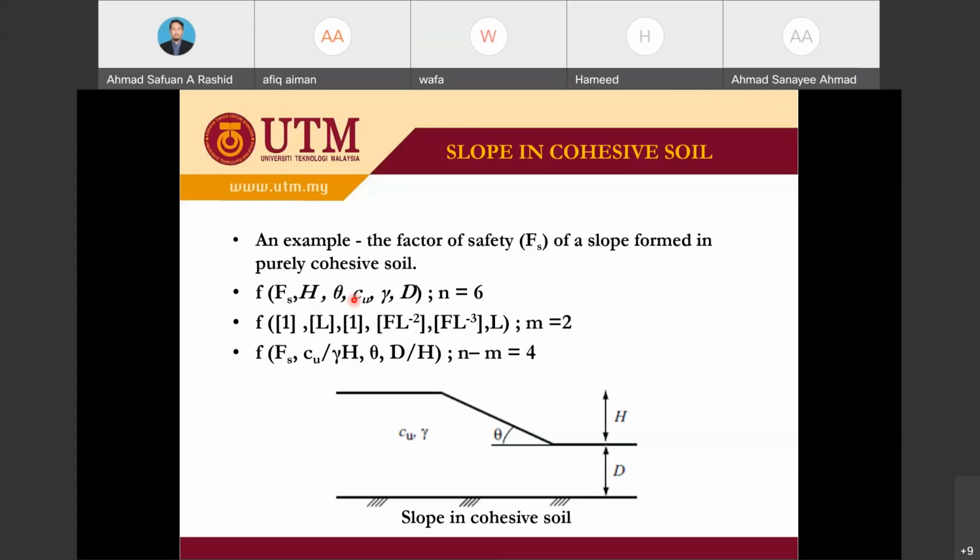For the undrained shear strength, F is the force, which is in kilonewton. L to the power of -2 is meter square. So in that case, we have 2 primary dimensions here. And the second last is the unit weight. For the unit weight, we have F times L to the power of -3, which is kilonewton per meter cube. And the last one is D. D is the geometry, which is equal to L. So in total,